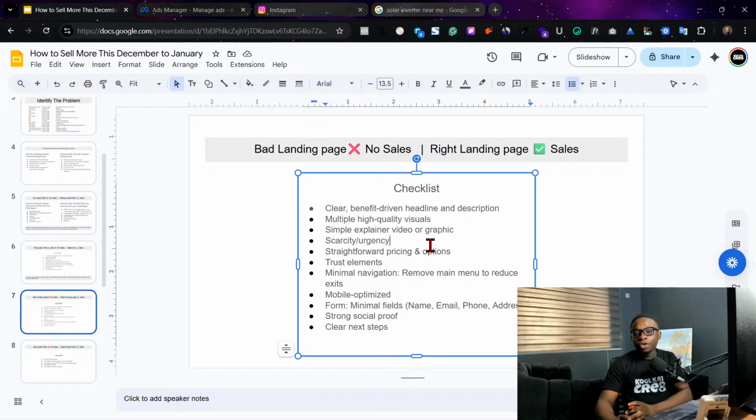If you can do scarcity, like, oh, in the next 10 minutes this offer will expire. Jumia does it a lot. Service-based people too, this template will expire, they do it a lot. Straightforward pricing. See, people need it. I know, yes, services like ours, we will tell you book a consultation, right? Sometimes what I do is I'll tell you the minimum.